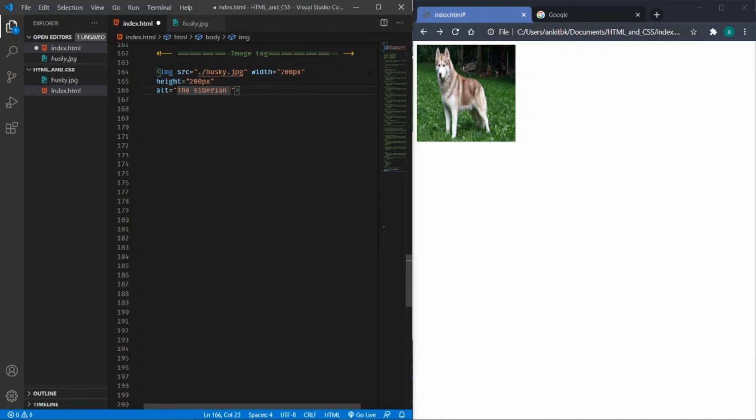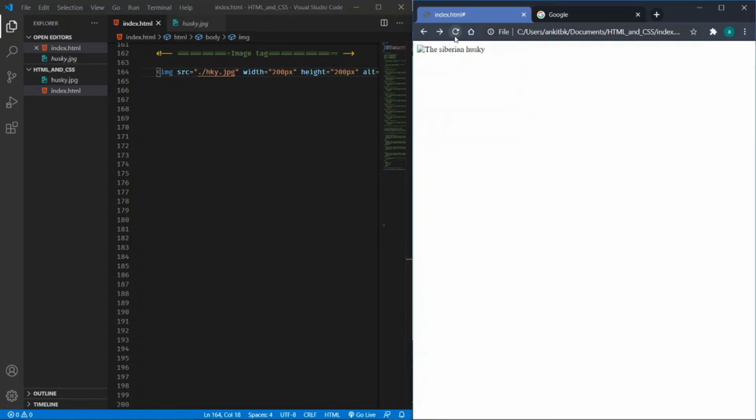It's just informative text we want to provide to the user when the image has failed to download. Siberian Husky. So I've added this. I will refresh it and try to mismatch the URL, so technically this image is not present.